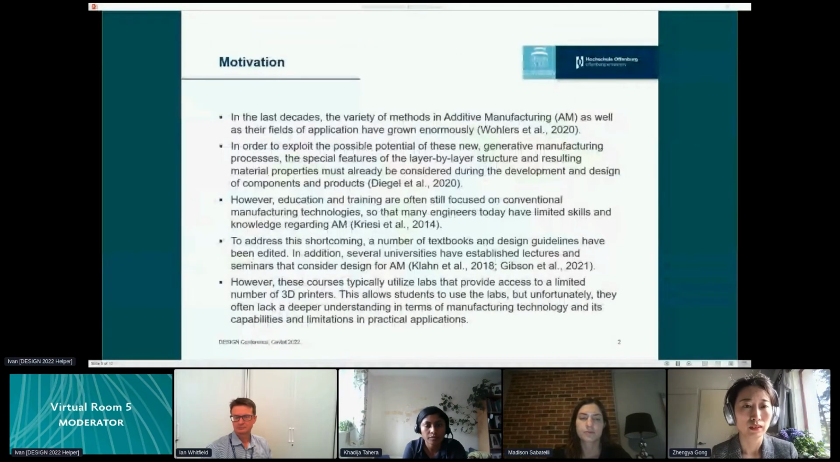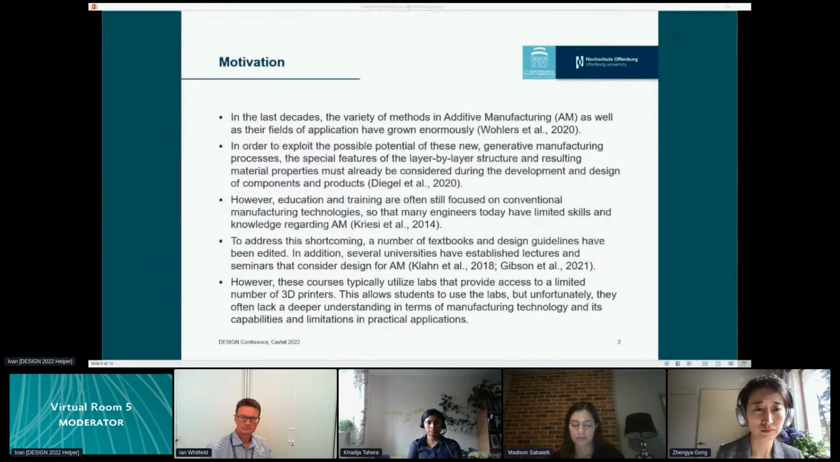The motivation for this work is that in the last decades, the variety of methods in additive manufacturing, as well as their fields of application, have grown enormously. In order to exploit the possible potential of this new technology, the special features of the layer-by-layer structure and resulting material properties must already be considered during the product development. However,